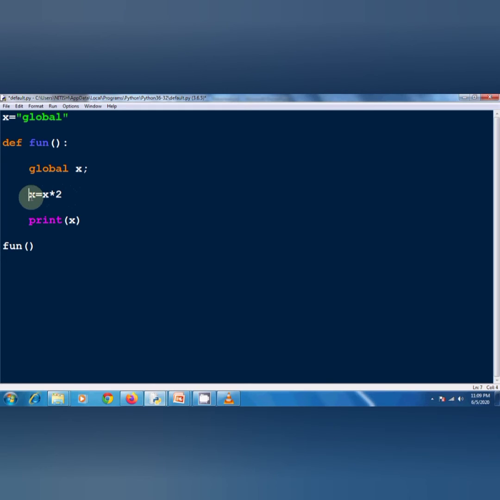Now it can update the global variable. So you have to use the global keyword while referencing a global variable inside a function. That you have to keep in your mind. Got it?